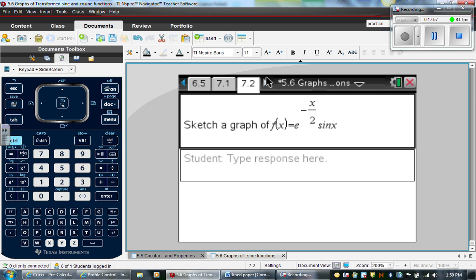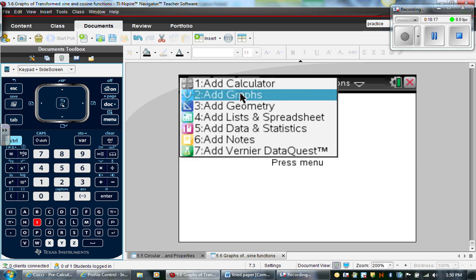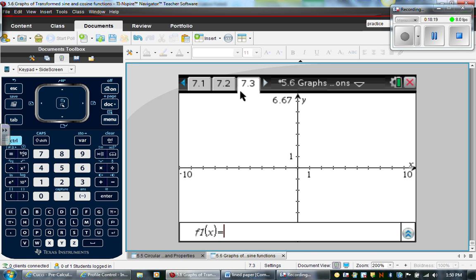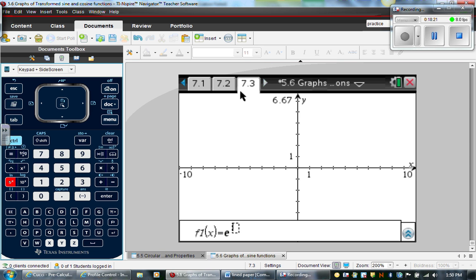In order to find damped oscillation, we multiply the ordinates, or a word for ordinates is points, the y value. You find those y values of the points, multiply them together, and graph that. For the sake of time, I am going to have us do it in the calculator, and we'll look more at it later in class. So we have e raised to the negative x divided by 2